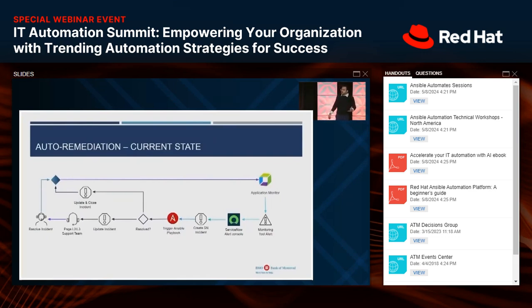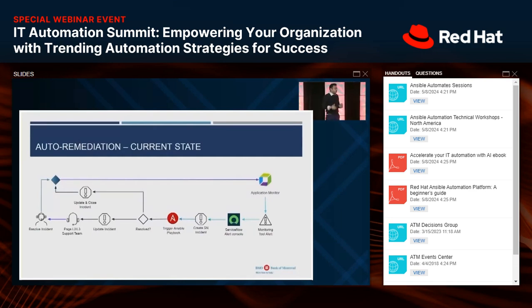ServiceNow is our event management tool at the bank. ServiceNow goes through a little bit of algorithm and checks, and says that, hey, there's a certain level of problem and it meets certain factors. Just for ease of words, this framework in the bank today is called Sense and Response. As part of the Sense and Response framework, there are predefined factors in ServiceNow that say if a problem comes up with these kinds of details, you're supposed to kick off a Sense and Response playbook. It will trigger an Ansible playbook from that ServiceNow incident. It will go in and try to fix the problem.